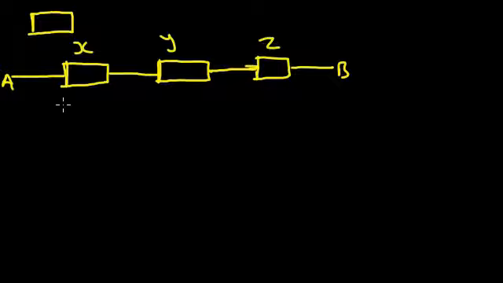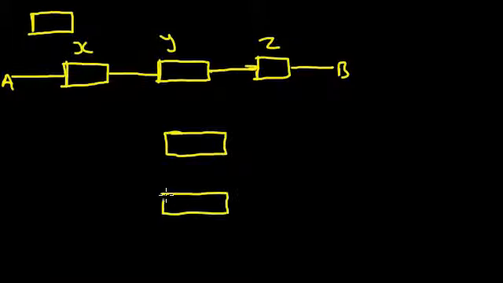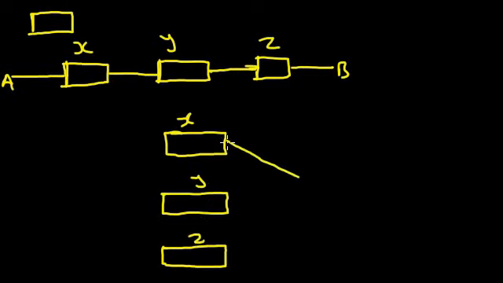Now what about parallel? Resistors are said to be in parallel when one end of the resistors is connected at one point, while the other end of the resistors is connected at another point. What are we saying in essence? Consider this kind of arrangement of resistors X, Y, Z. If this is X, this is Y, and this is Z, such that we have the connection this way,